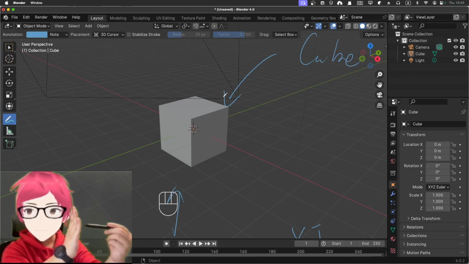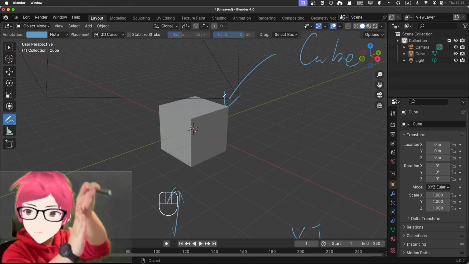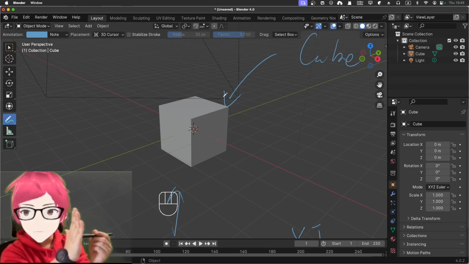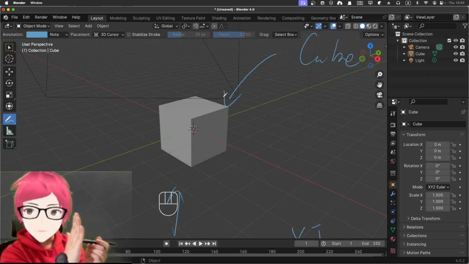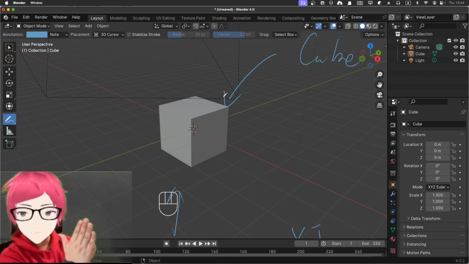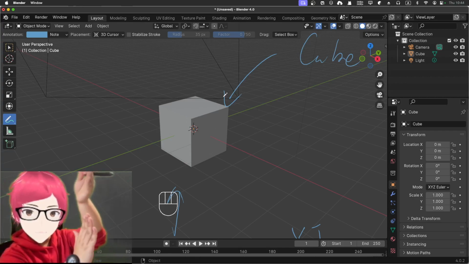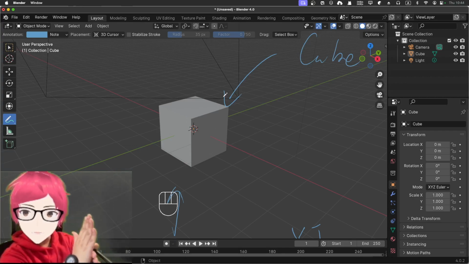So whatever you draw will be on exactly the same plane, perpendicular with this plane, and when you spin it around, from a different angle, it will be like you're writing on the wall. Okay,